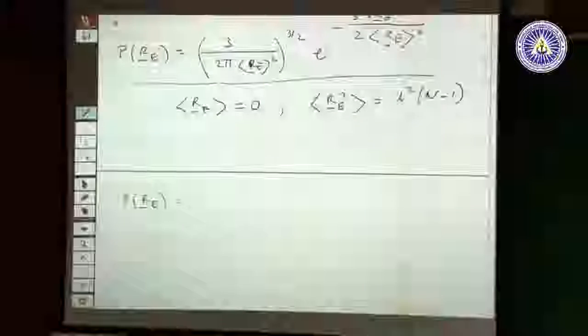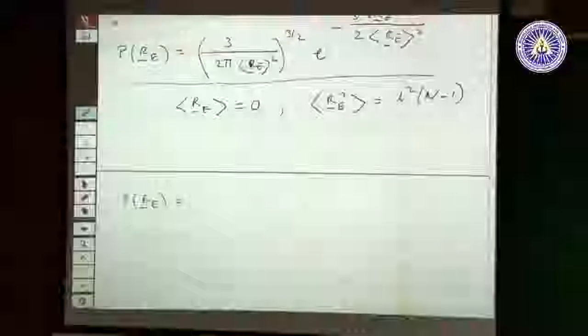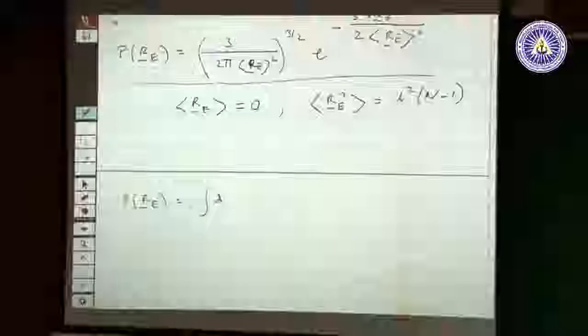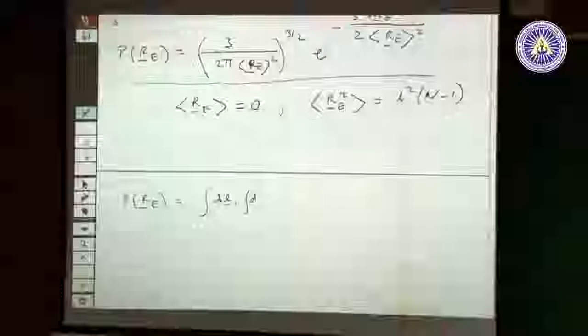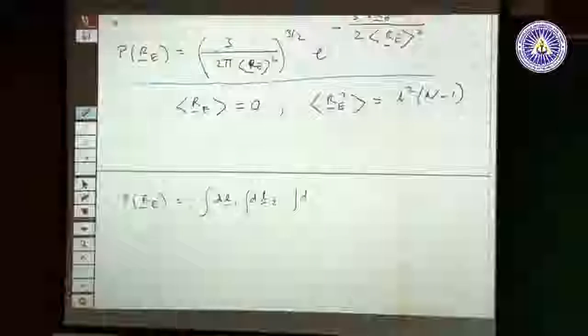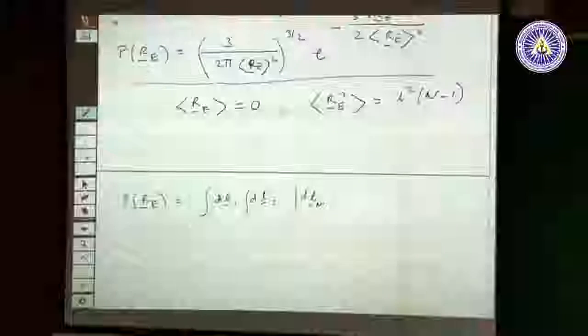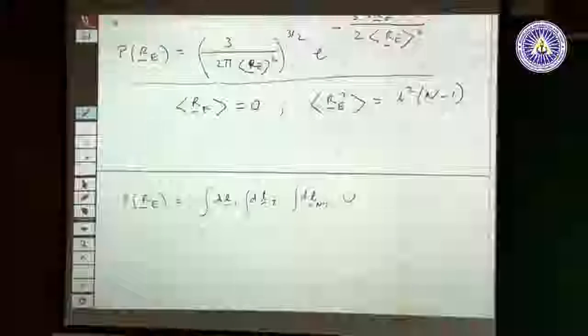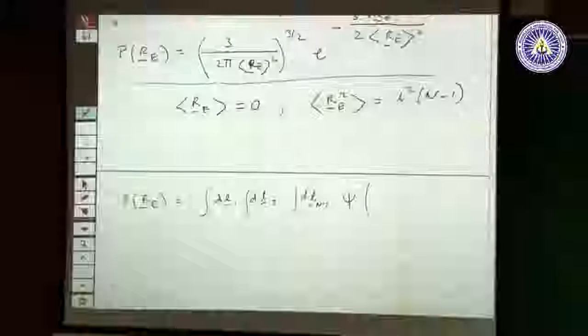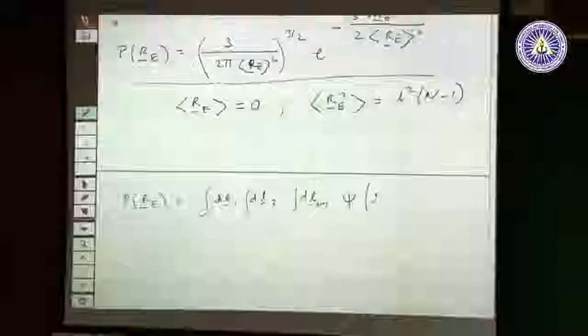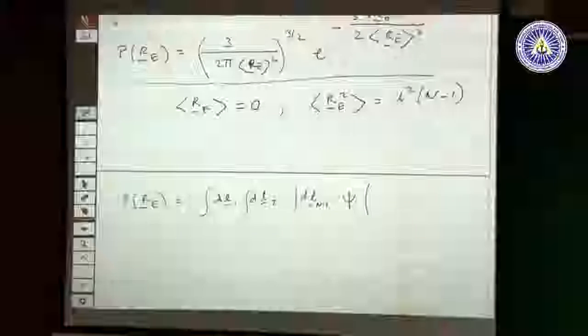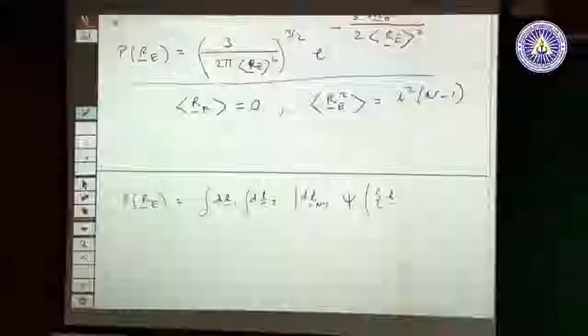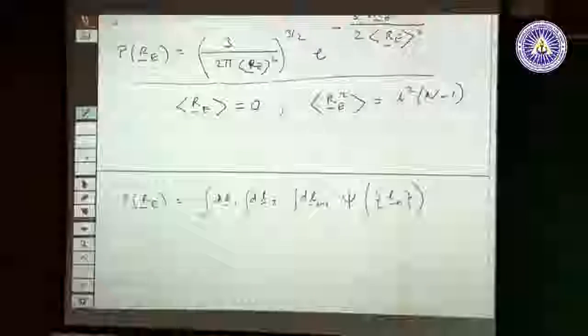So, this is the property of the end to end vector, and you integrate over all these bond vectors dl1, dl2 and so on dln minus 1 times psi of this set of bond vectors times a delta function